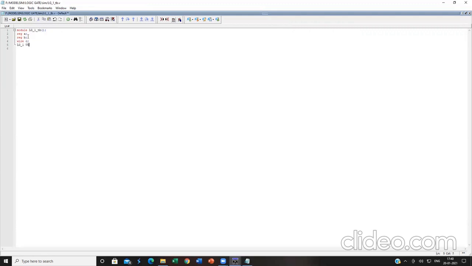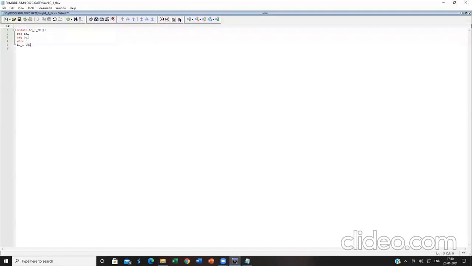What is the name of the copy I want to create? UUT means unit under test. Not necessarily must you give this name. You can also give some other name, J1, JK, any name you can give. First must be the name of the module which you would like to instantiate. Second must be the name of the copy you are going to create. UUT is the name of the copy I want to create.